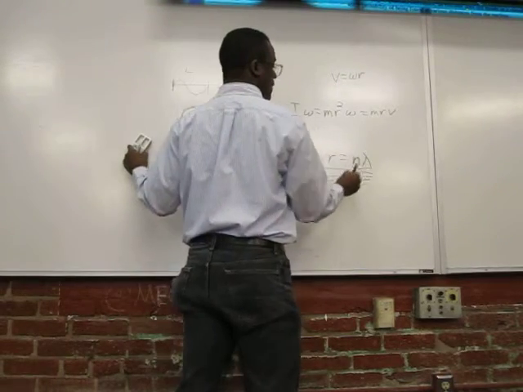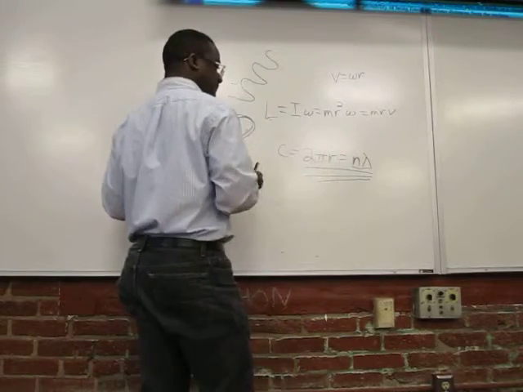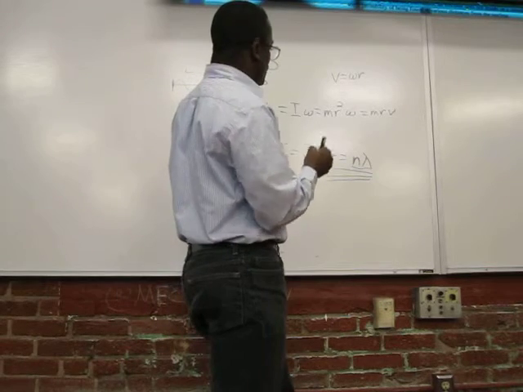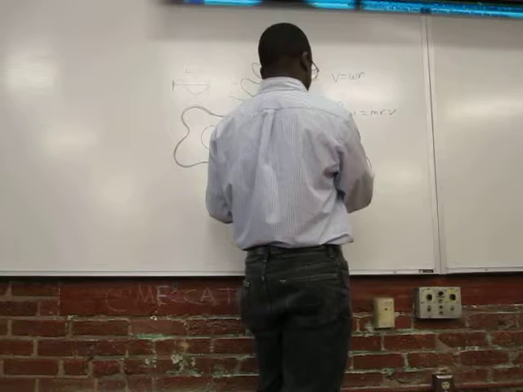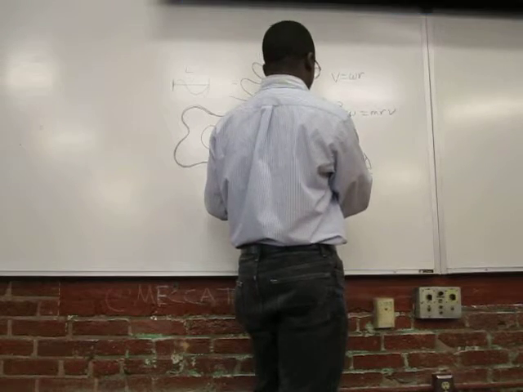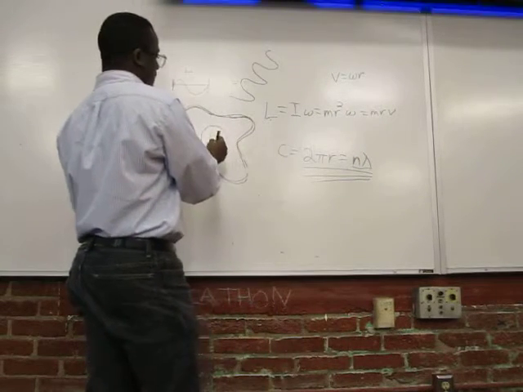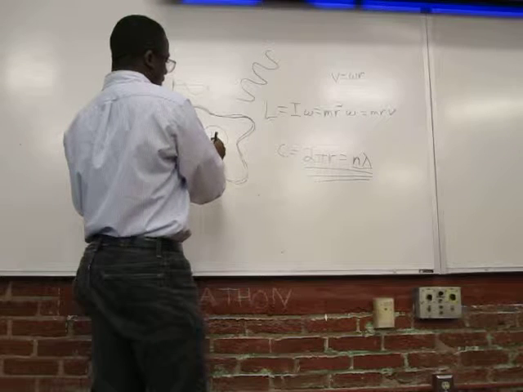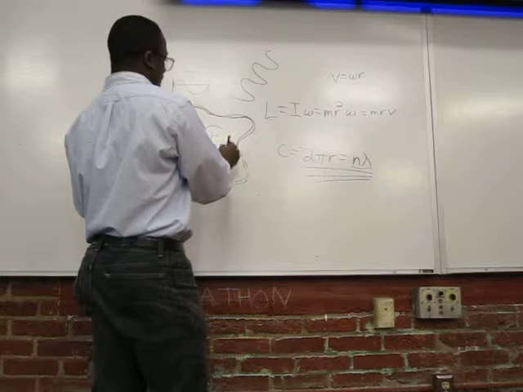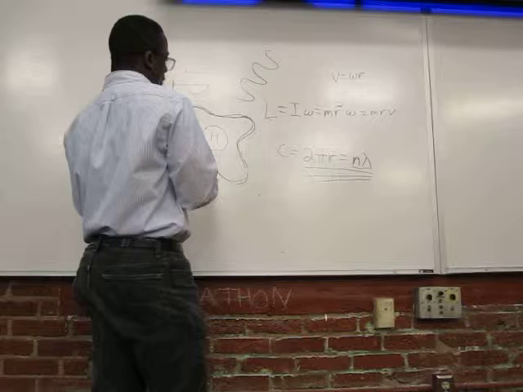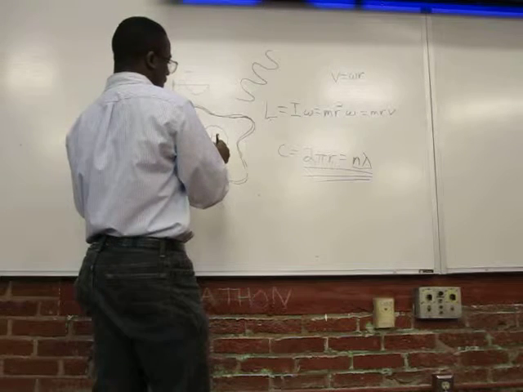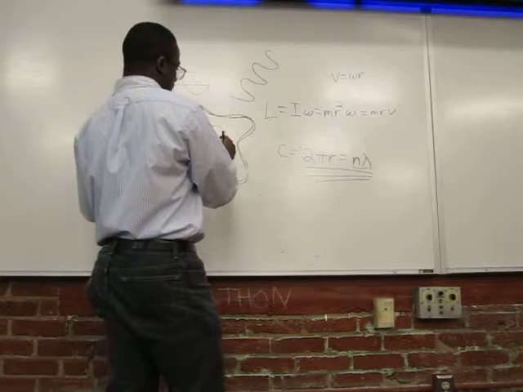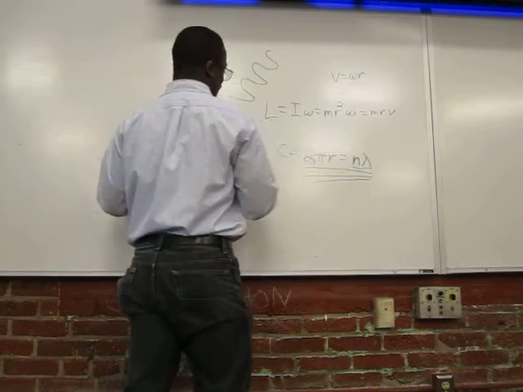So that's what this part of the equation means, n times lambda. Okay, so if you discretize, or you say that these particles are acting like waves, and they only orbit the atom in whole wavelengths,